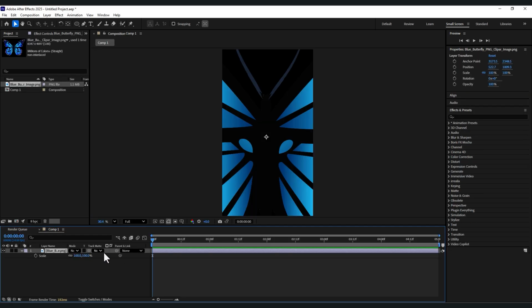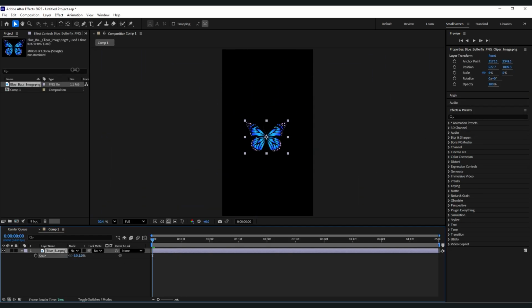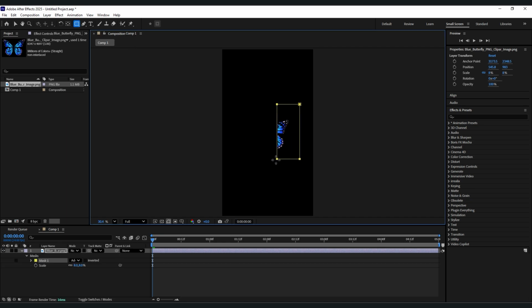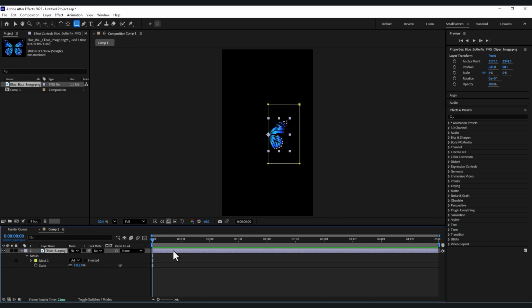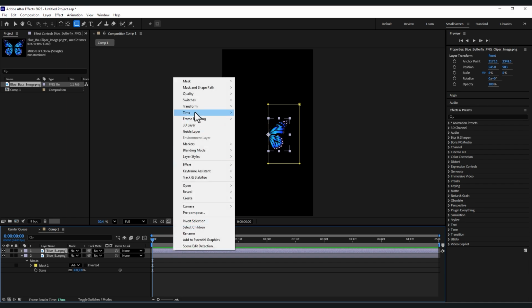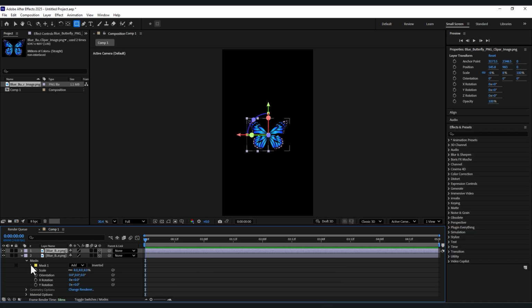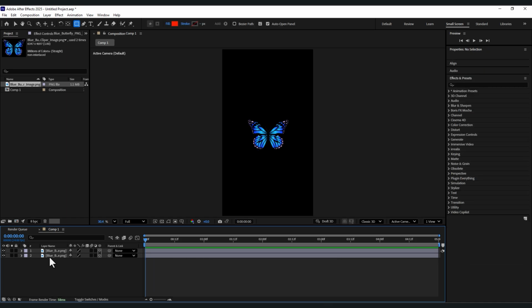Now we need to separate the wings. Select the layer, choose the pen tool, and carefully mask one wing. Duplicate the layer and repeat the masking process for the second wing, so both wings are isolated and can animate independently. After that, enable the 3D layer switch for both wings so we can animate them on the Y-axis for